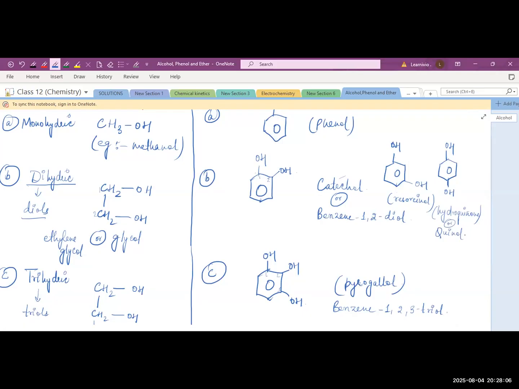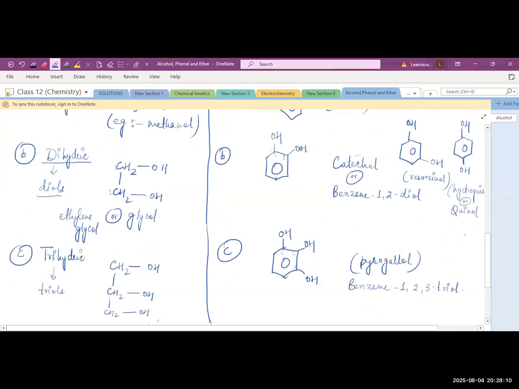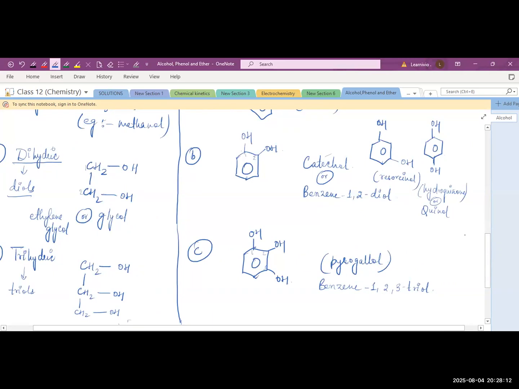क्लियर? Ma'am, is it hydroquinol or quinone? हाइड्रोक्विनोन, quinone, okay. या हाइड्रोक्विनोल। Yes, ma'am. क्लियर? तो हाइड्रोक्विनोन एंड या फिर इसे हम क्विनोल भी कहते हैं, NOL।